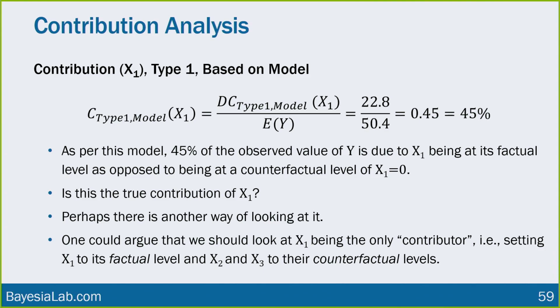Of course, you may say, is this really the only way to look at the contribution? In fact, there are other ways of looking at it. We could say, not what's the difference with the situation when we take x1 away, but what if it were only x1? So if x1 were at its natural observed level, but if x2 and x3 were at counterfactual levels, like if they were at their lowest possible state, which leads to yet another question. I keep peeling this onion here,